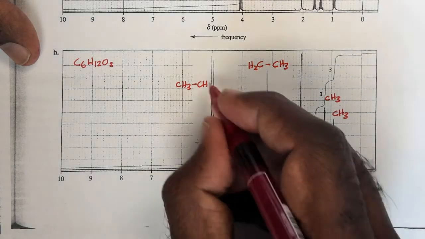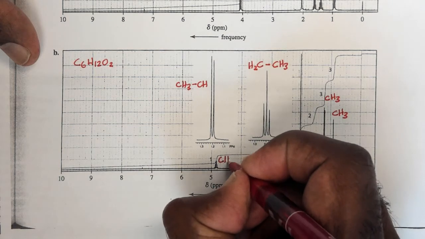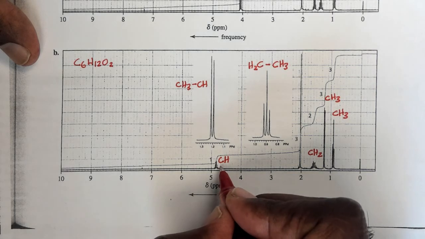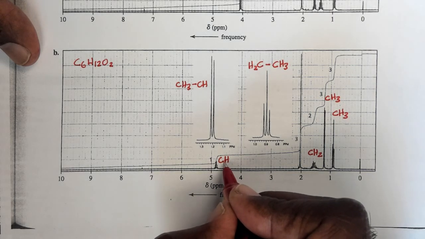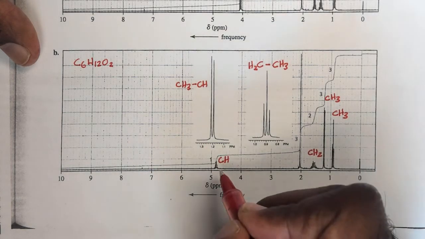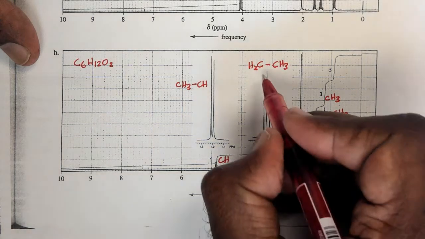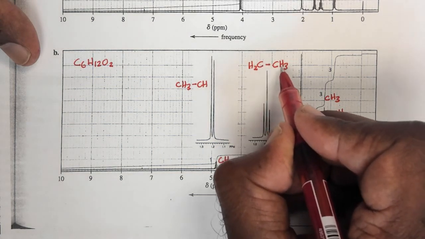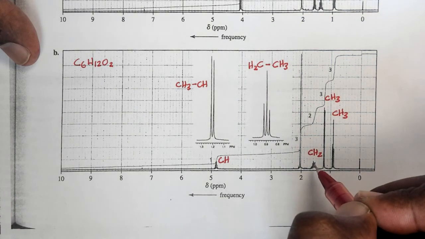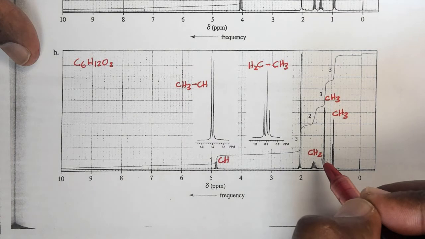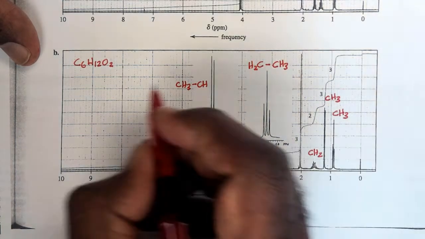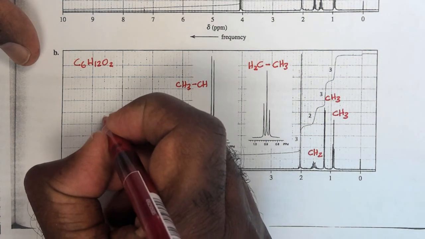I have another CH here, which can be attributed to that CH group, and that's also a multiplet, which means there must be different proton groups around it. If it was just attached to the CH3 group, this CH would occur as a quartet. And if this CH2 was just attached to the CH3, this would also appear as a quartet. But the fact that they appear as multiplets means that they are joined together. So I can join these two fragments together. I would get something like this: